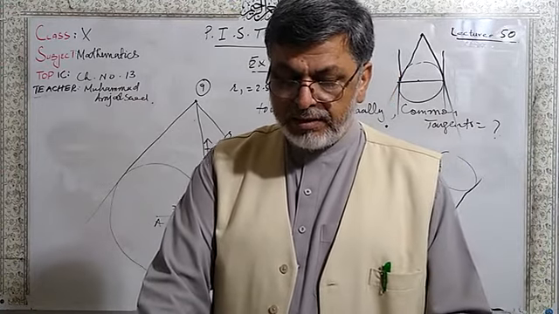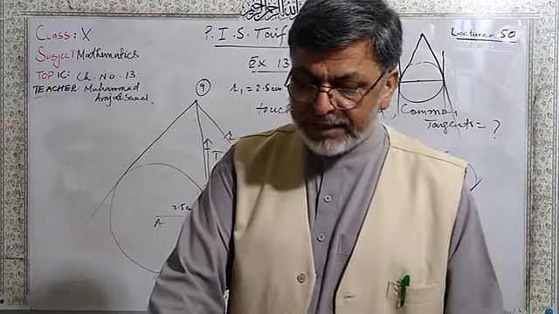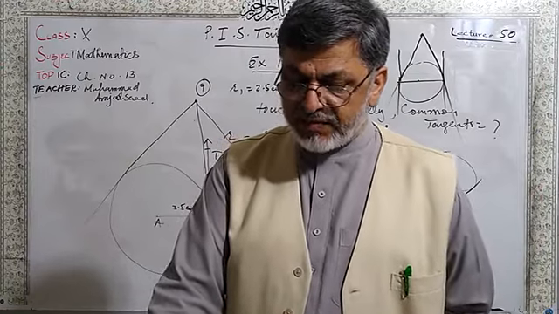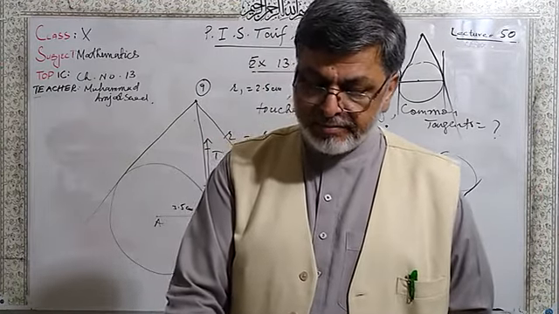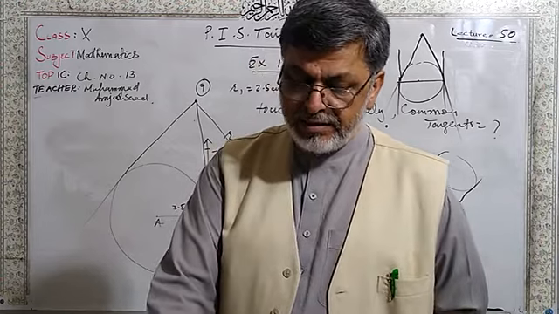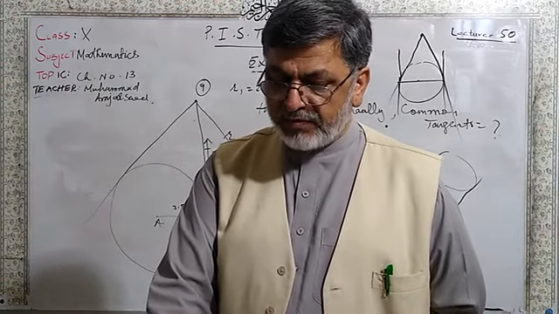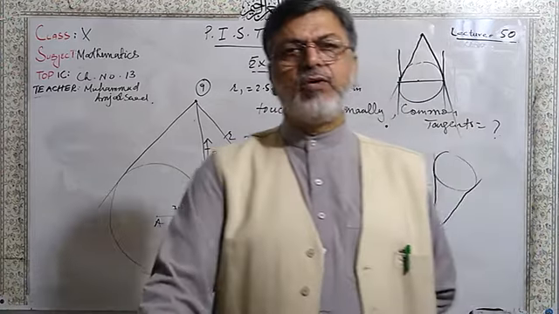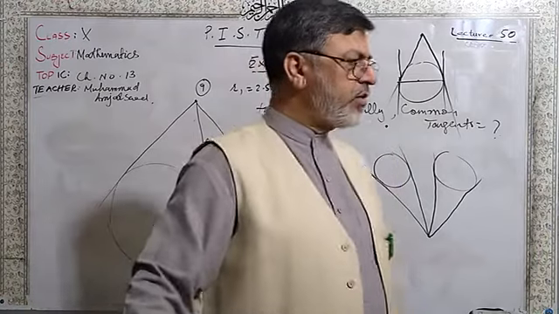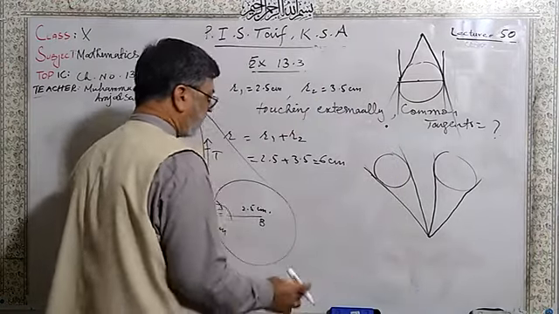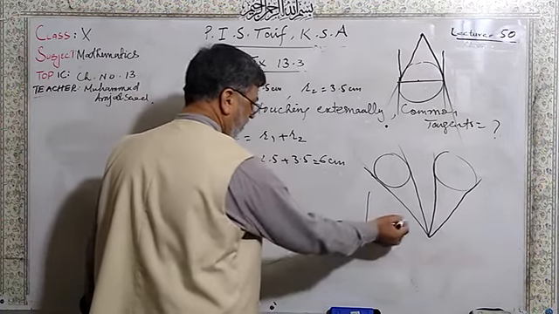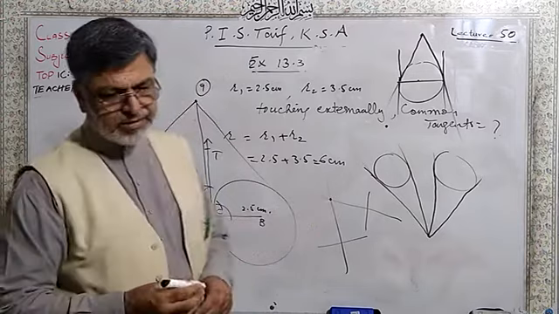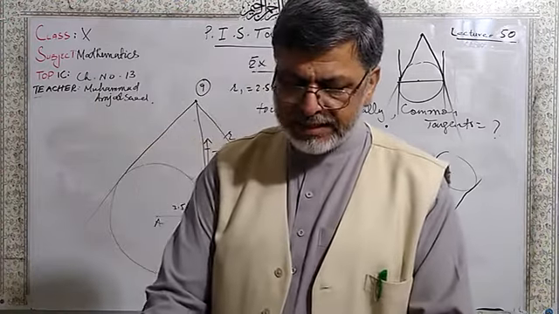Question number 3, part 2. The circumference of a circle is called the boundary of the circle. A line joining two points of a circle is called a chord. The point of intersection of the perpendicular bisectors of two non-parallel chords of a circle is called the center. When you draw the perpendicular bisectors, this is a perpendicular bisector, this is a perpendicular bisector, this will be the center. That is known as the center.